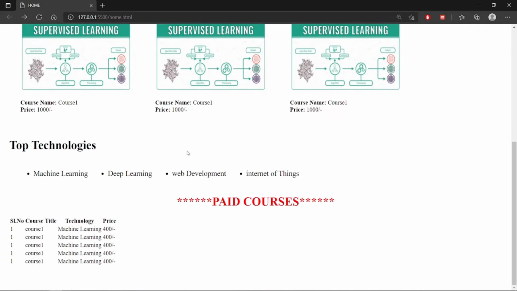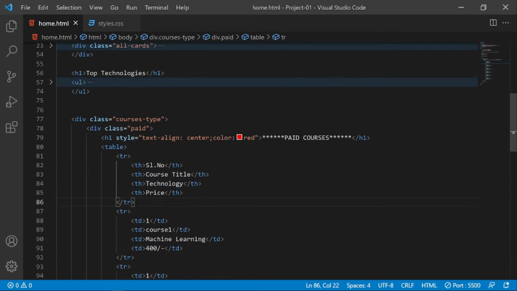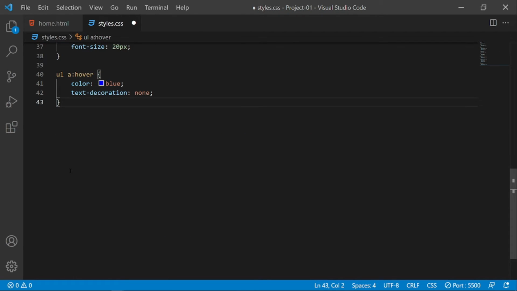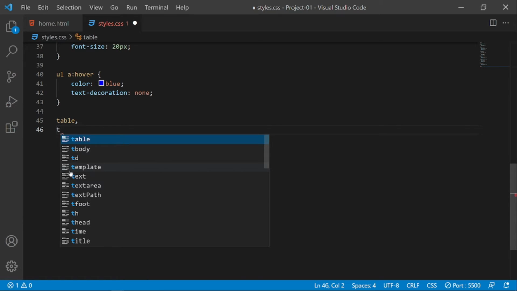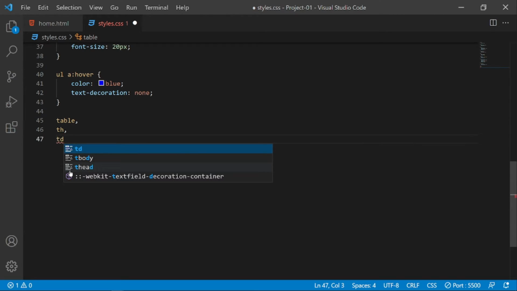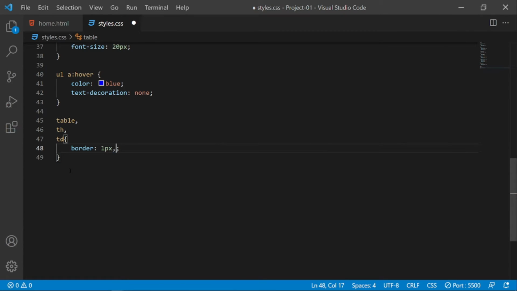Now if you look here, the table is created here, but we want the border and some stylings to our table here. Now we will go to the style sheet here. Okay, here now we will add some stylings for our table, so I will be selecting the table as well as table rows. Okay, instead of table rows we'll be selecting the table head and table data, as we want the stylings for them. First we'll make border here, that is 1 pixel and solid. I'll make it black color, it will be looking good.